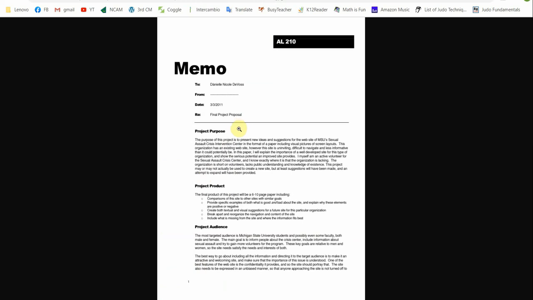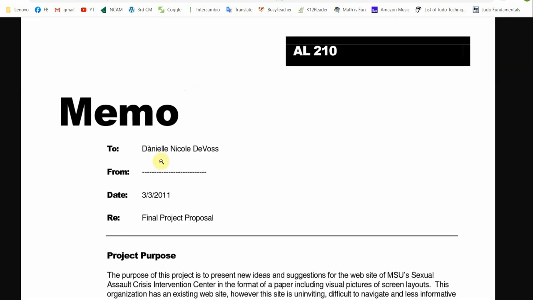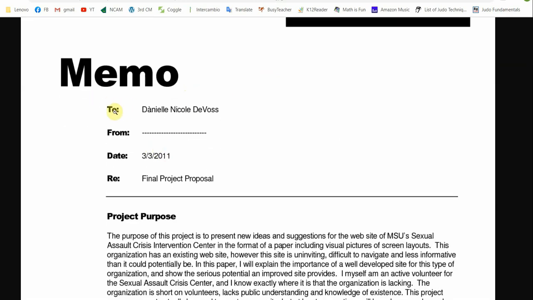This is how you do it. This part right here, ignore, but you need to have MEMO at the top. And then you indent over and you write To, and here you include the name and the title,